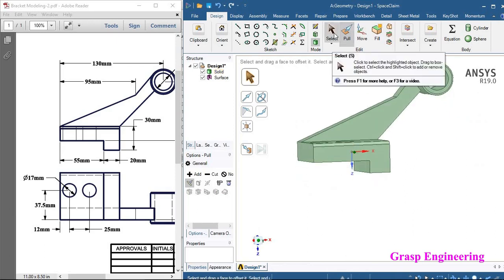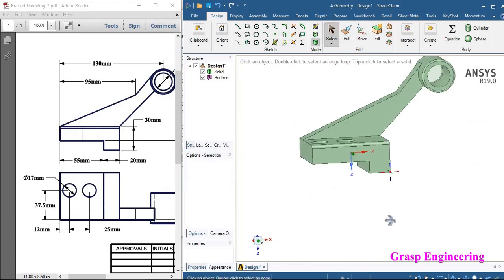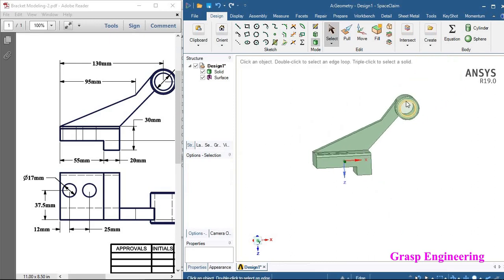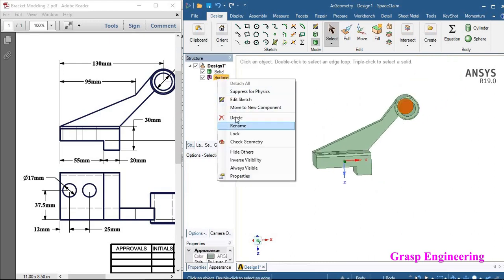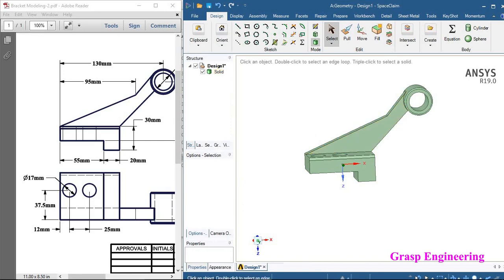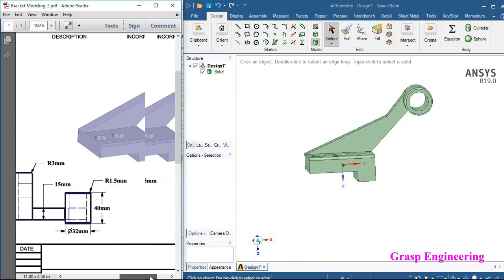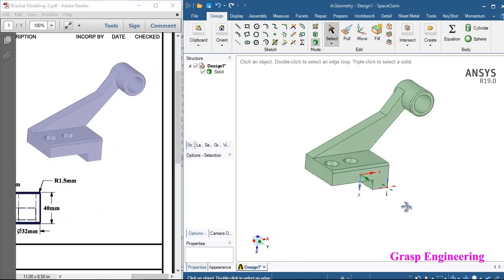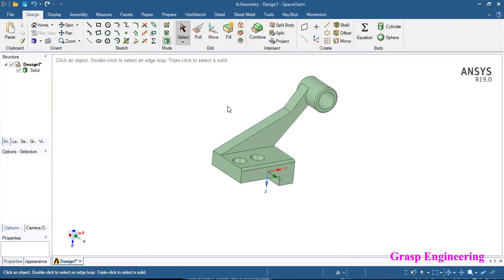Okay, then come out from that. Now if you look into this, there is one surface, you can delete that surface later on. And now if you see here, your respective model is created.